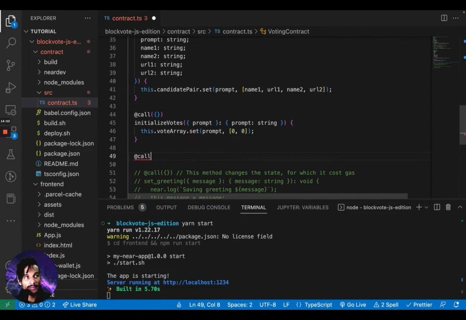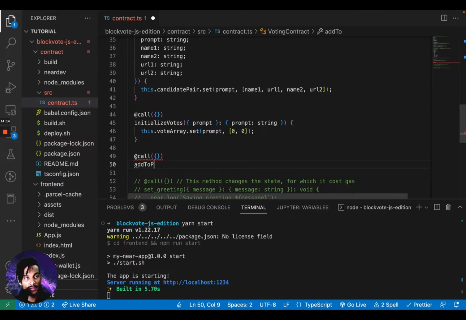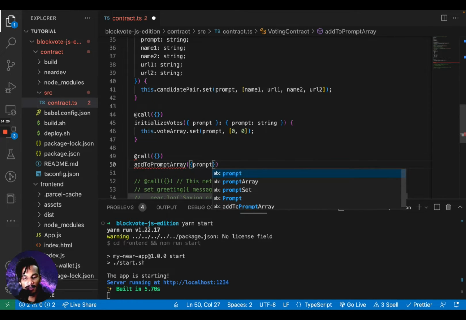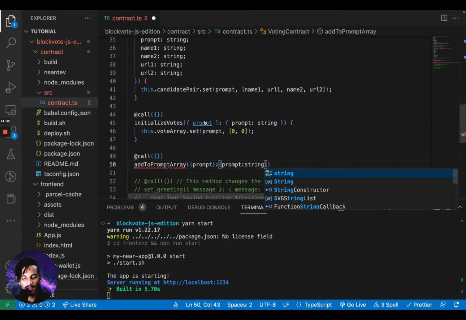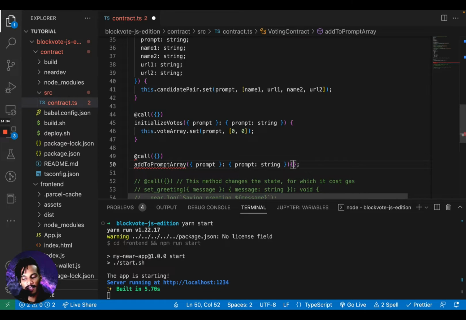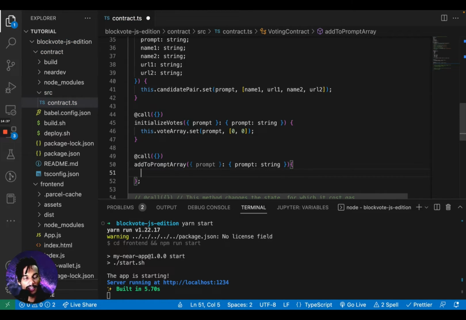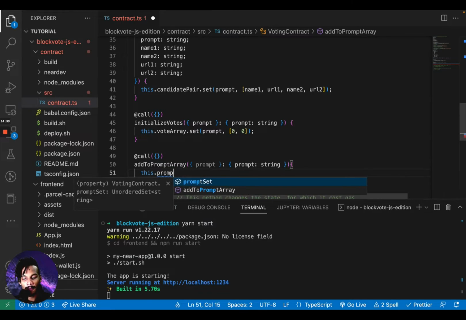So call, remember to include that call decorator, and then we're going to be adding to prompt array. So in this particular function, all we're doing is we're adding this prompt to the list of prompts in our set. So we're going to say prompt is of type string. You can see that the prompt is kind of the main key here. No pun intended. Okay, maybe it was a little bit intended. Prompt set